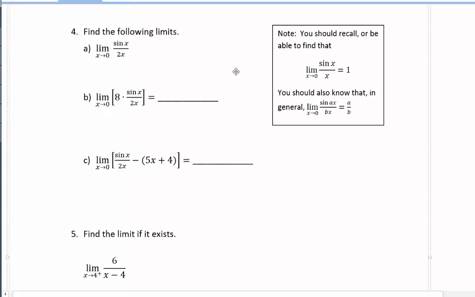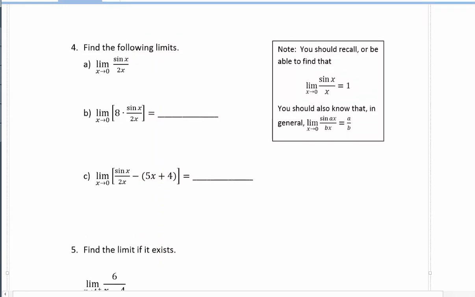So as it gets close to 0, here this one is going to be the quotient of coefficients. That's just going to be 1/2 right here. This one right here, if you take the quotient of the coefficients, remember quotient means division, you have 1/2, but then times 8, so 8 times 1/2 is going to be 4. Here, the limit as x approaches 0, again, is going to be 1/2, and